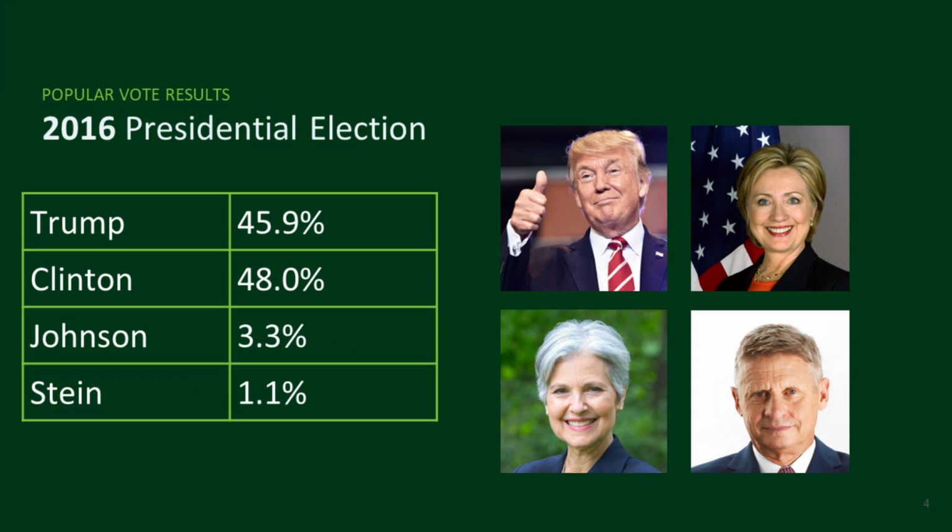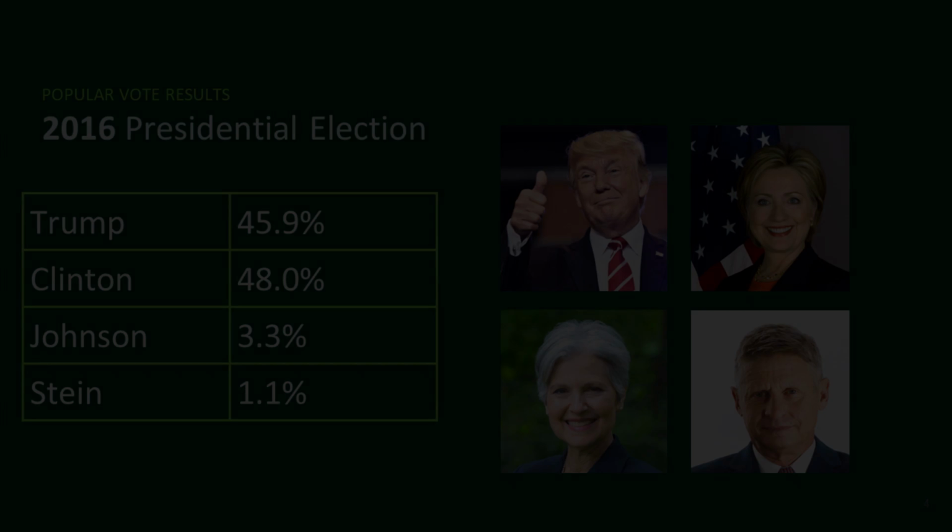First, let's review what actually happened under the current voting method. In most states, 4 candidates were listed on the ballot, representing the Republicans, Democrats, Libertarians, and Greens. This chart shows the results of the popular vote. As you can see, Hillary Clinton got the most votes, but still did not have above 50%. The Libertarians got more votes than ever, and the Greens got a substantial number.